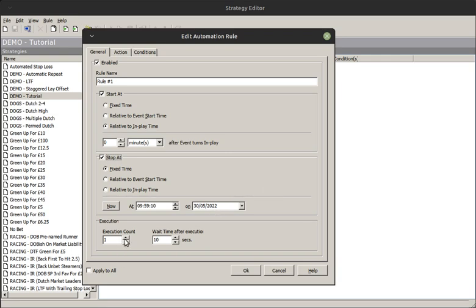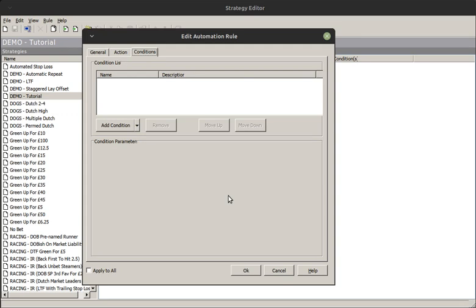But you can specify the action count here, and that action will be triggered X number of times specified here, and after each execution has been fired, it will wait a certain number of seconds specified here, and it will try to fire it again. Now I say try because that doesn't necessarily mean it will, because if I jump to the